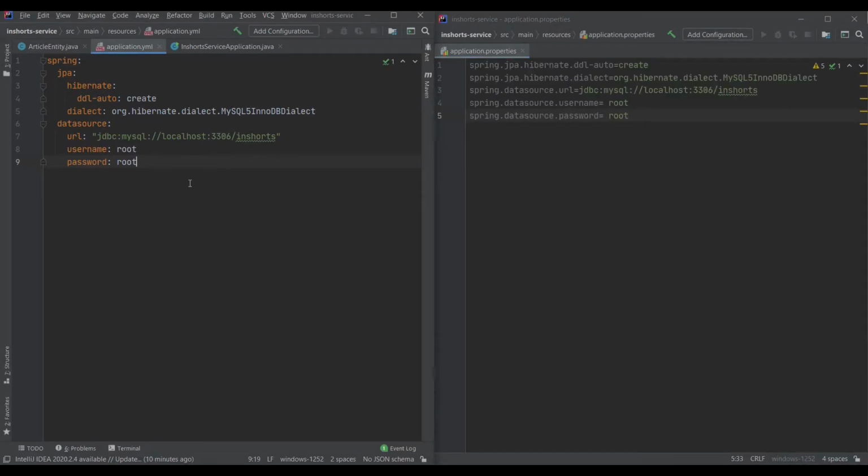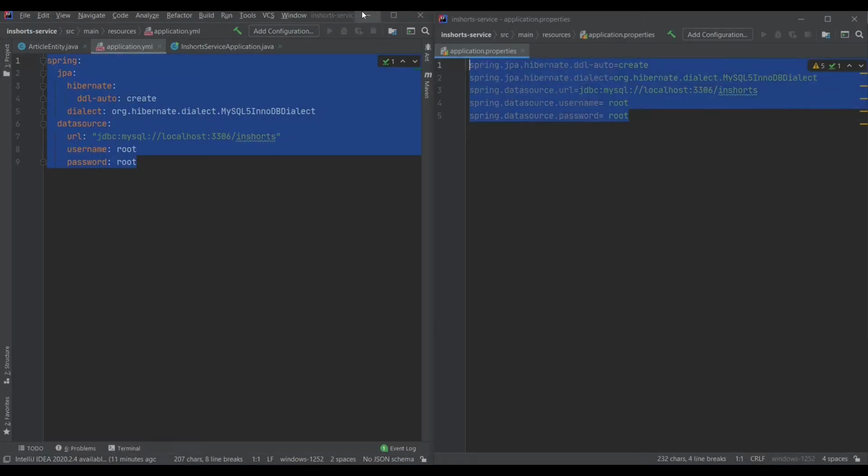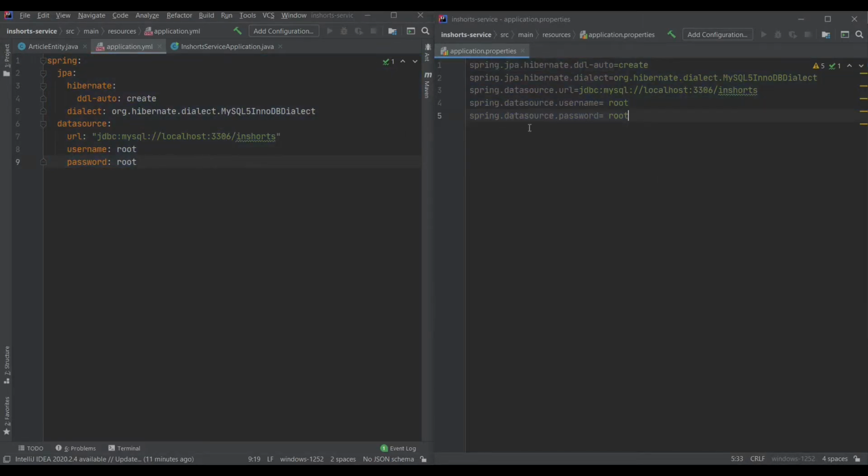I've quickly converted this YAML file into an application.properties file, so you can clearly see the difference between both of them. The one thing that I like about YAML, and that's why I use it, is its non-repetitiveness. Let's take an example. If you want to specify the data source username and password, you have to specify spring.datasource 2 times, but here you have to specify it just once, and you just have to maintain an indentation, and based on that indentation it will automatically assume that this property URL is part of data source, which is part of Spring.